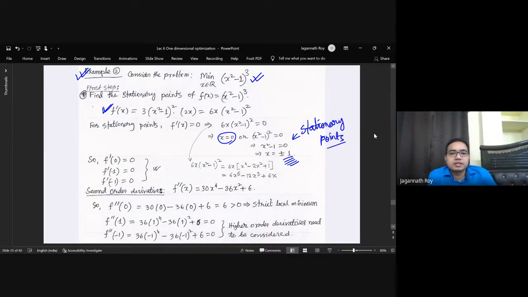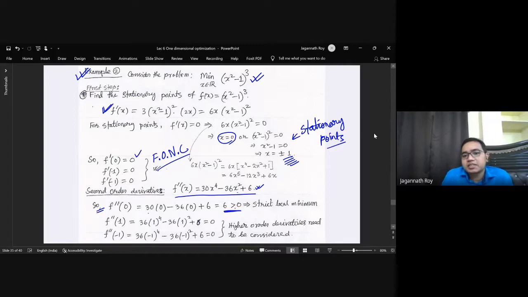Okay, right. Now we find f dash x equal to 0, so the first order necessary conditions are satisfied. Then we have to find out whether the second order necessary conditions are satisfied. So in that case, we have to differentiate again, and the second derivative will become of this form. So 30 into 0. So if this function is strictly greater than 0,